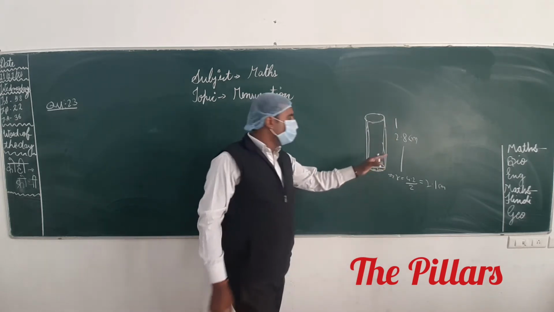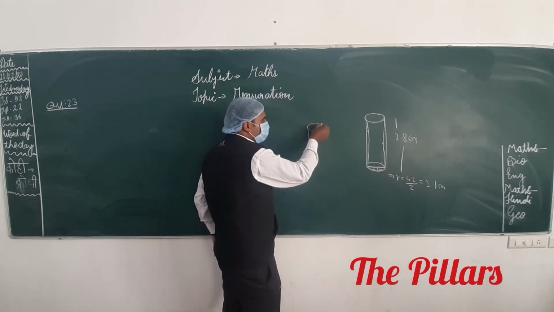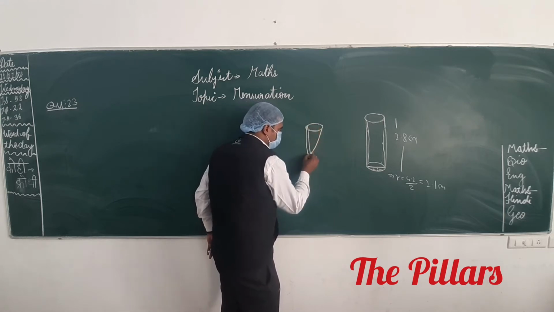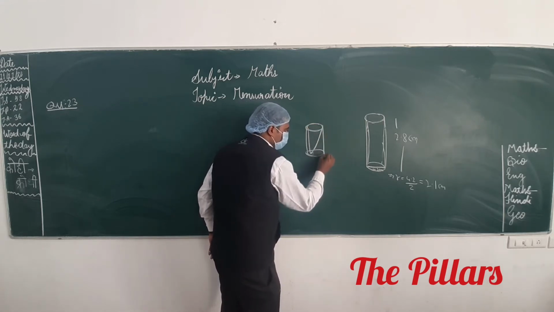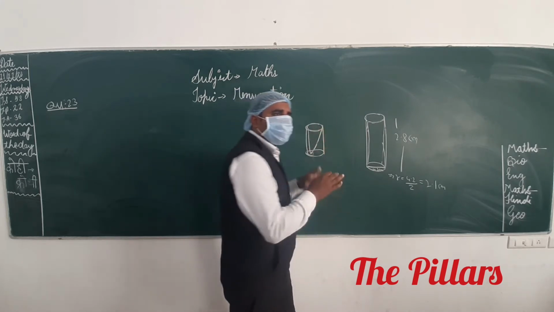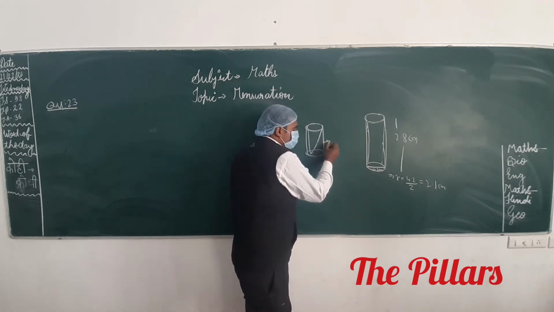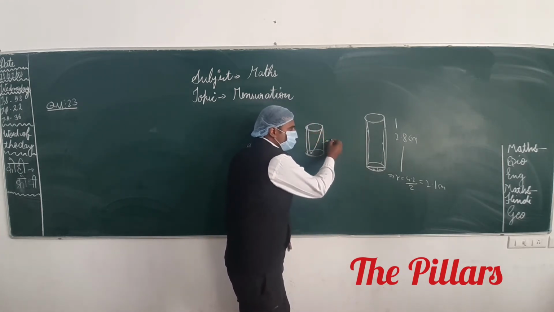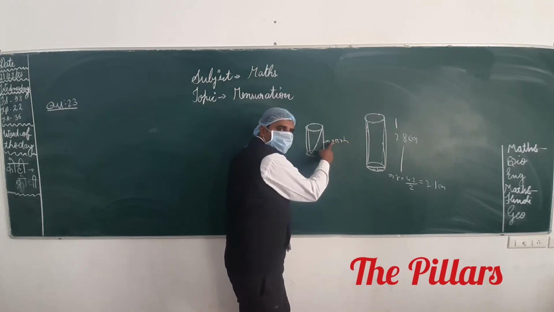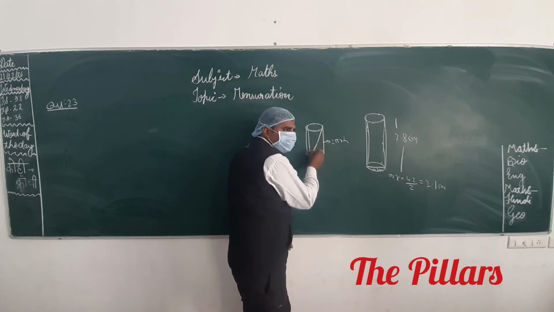Whenever you have to hollow out like that, suppose this is your cone and we have to hollow it out from a cylinder. This is your cylinder, and you have to hollow out this one. Whenever you hollow out, some material is removed. So from this you have to calculate the curved surface area, 2 pi rh. And this one remains. This cylinder is hollowed out.